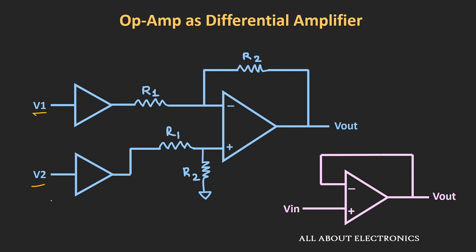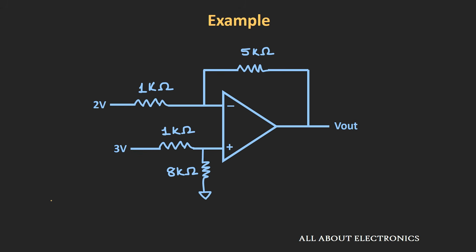But in most of the practical cases where you are dealing with very small input voltages coming from the sensors, in such cases instead of this differential amplifier, the instrumentation amplifier is used, and we will talk more about this instrumentation amplifier in a separate video. So this instrumentation amplifier is a very high gain differential amplifier, and the main advantage of this instrumentation amplifier is that it has a very high input impedance. So that is particularly useful when we are dealing with the sensors. But in general applications, we can use this differential amplifier along with these buffers. So that being said, now let us see some examples based on this differential amplifier.